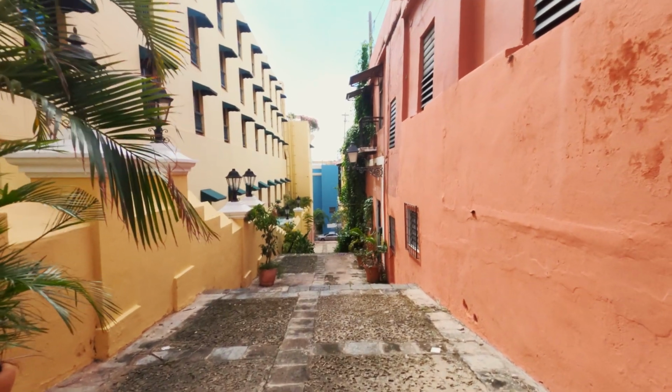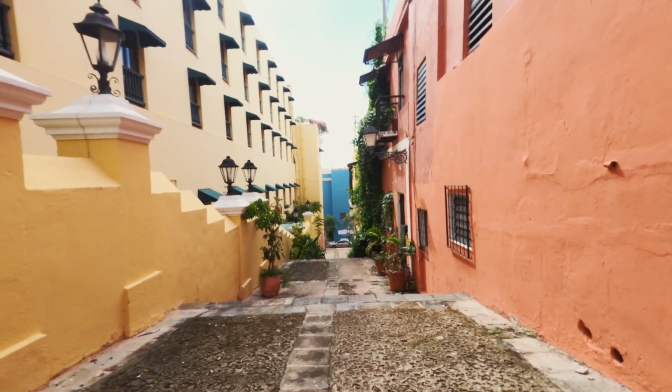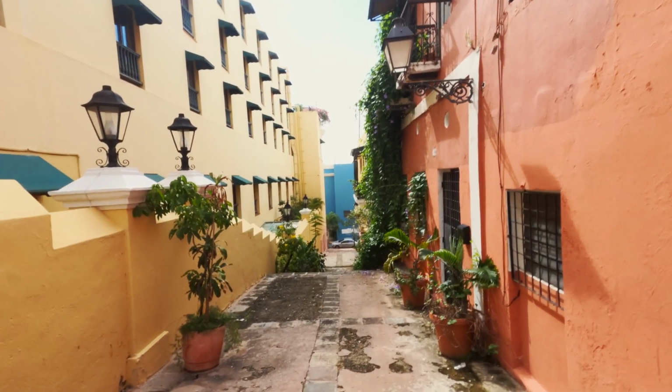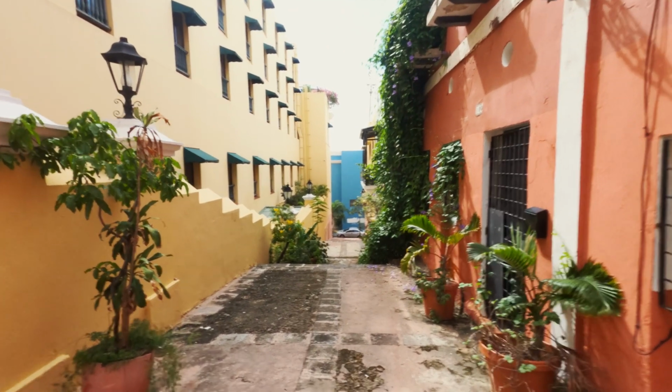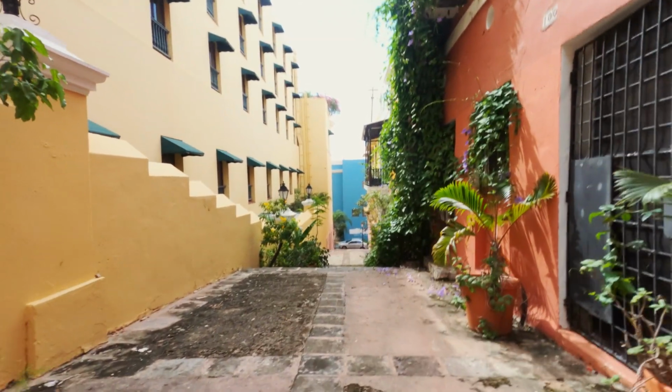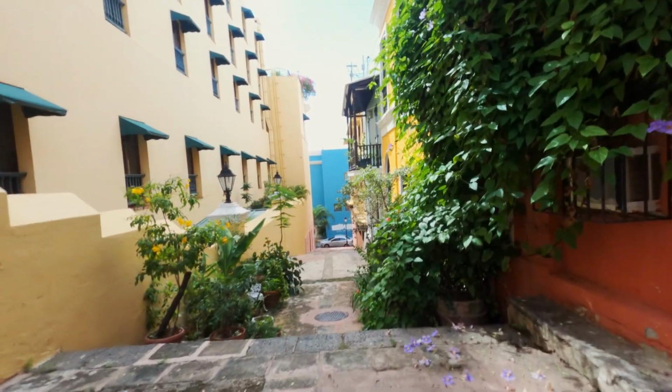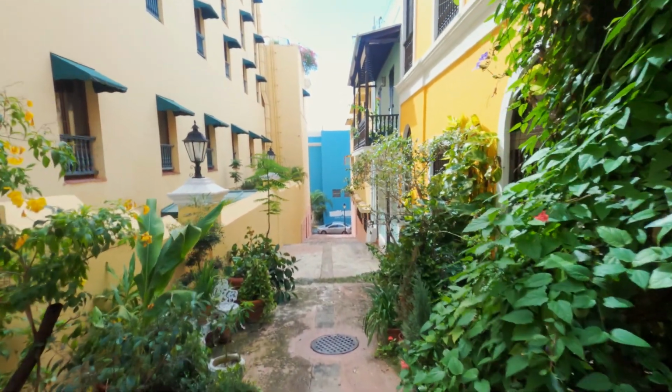And I'm walking down the steps, again testing the GoPro 8 stabilization with the hyper-lapse on. Plus, on top of that, I have an ND filter on the GoPro